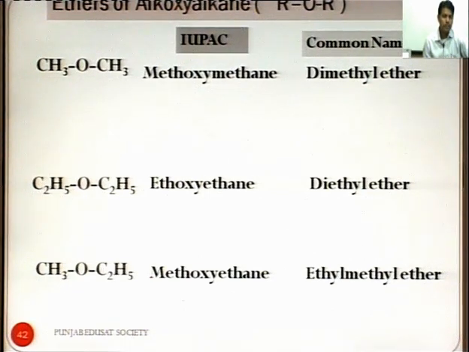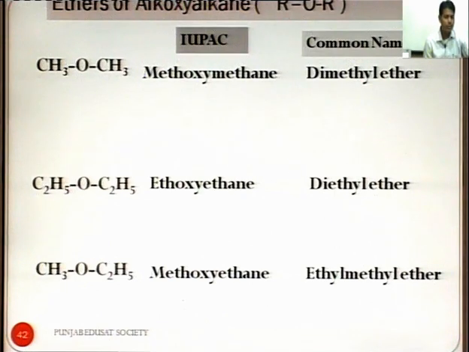The first member is CH3OCH3, in which oxygen is flanked on both sides by a methyl group. One oxygen is attached with methane and the name is methoxymethane. The common name is dimethyl ether, made by putting the word ether after the names of the alkyl groups. The next member is diethyl ether, that is